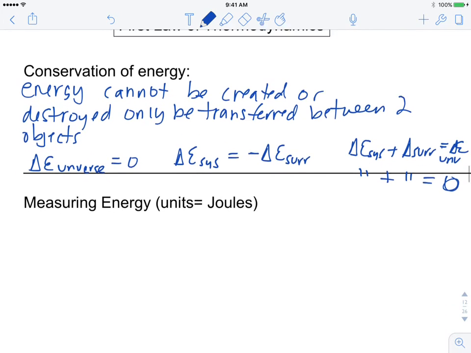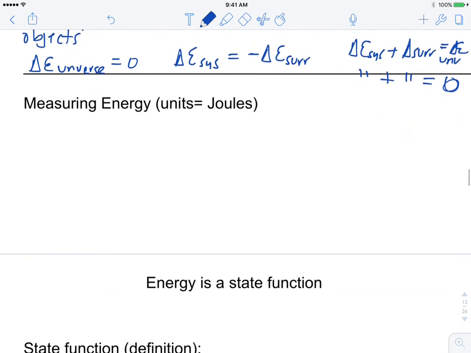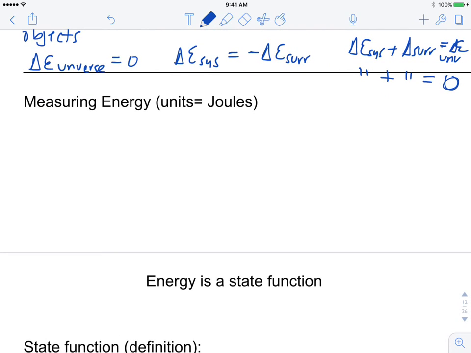Now we talked briefly in class about measuring different energy units, and if you're a history buff and you took a look at that article talking about the history of the discovery of energy and the history of thermodynamics in general, hopefully that gave you some insight. But the energy, we're going to mostly use joules. Sometimes we'll use calories. And so just to reiterate this, a joule is equal to